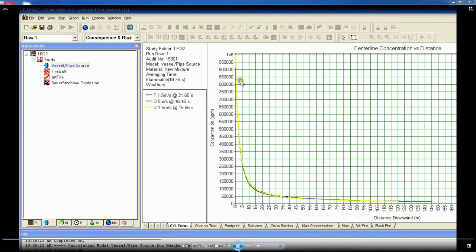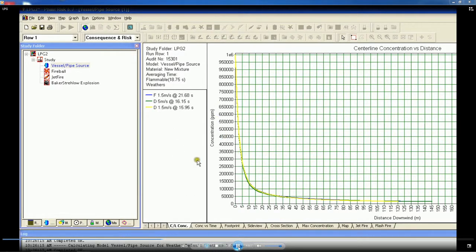You can see here the first output I generate is actually the central line concentration versus distance. The run row is 1 as you see here, study folder is LPG2 which you remember here, and the material we use is new mixture, and flammability is already given, and default weathers are what we have selected. Now one can see here where this is actually occurring in terms of concentration in parts per million.